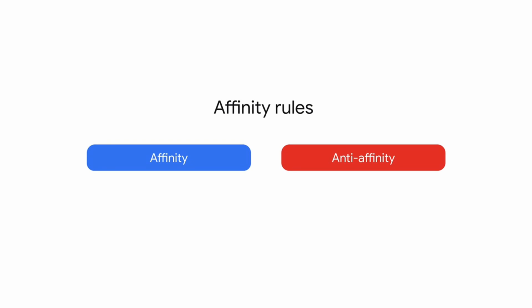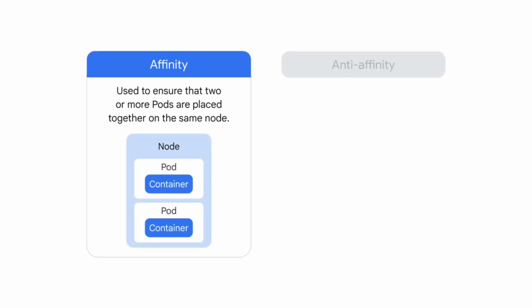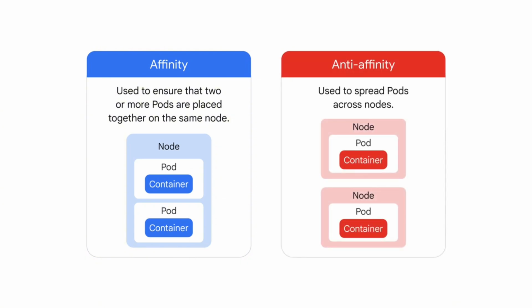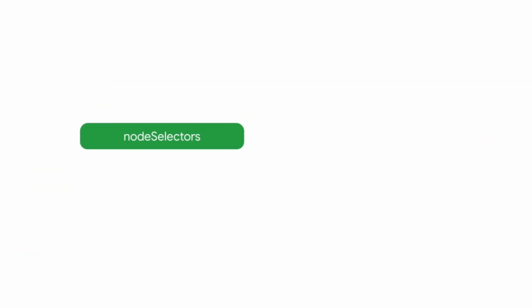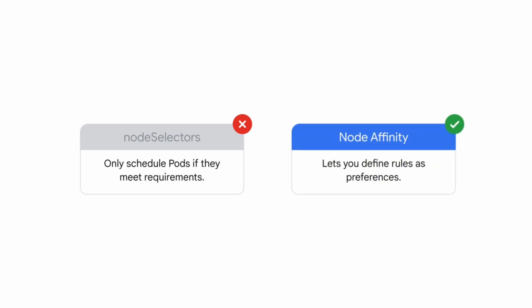Node affinity and anti-affinity are label-based pod placement approaches, but with more flexible and expressive rules. Affinity rules can be used to ensure that two or more pods are placed together on the same node, and anti-affinity rules can be used to spread pods across different nodes. Unlike node selectors, which only schedule pods if they meet requirements, node affinity lets you define rules as preferences instead